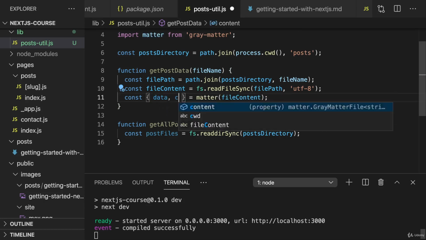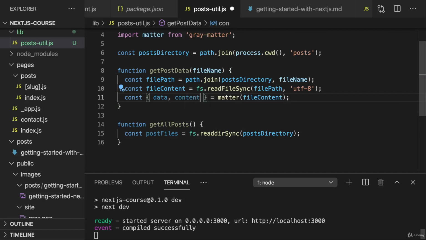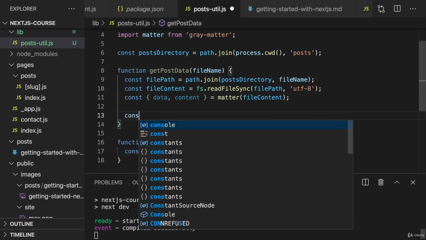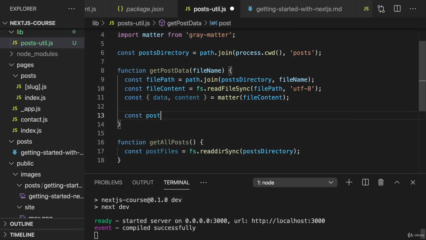And these names are not up to you. These are the properties in that object created by matter, so by this matter function. Now that we got that, we can prepare our own post data object, which should contain all that metadata and